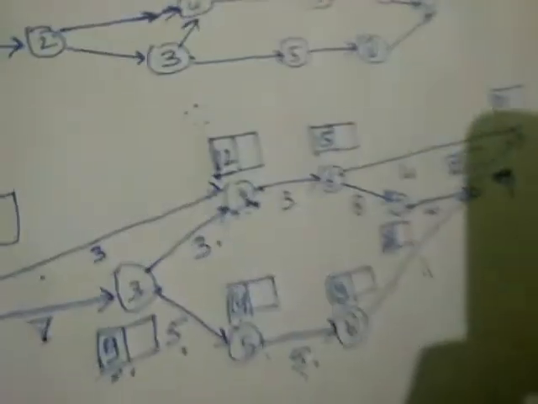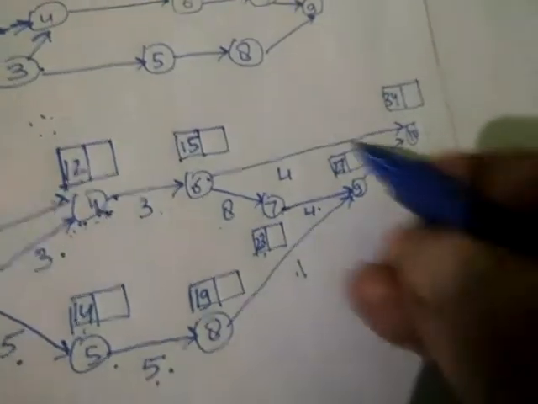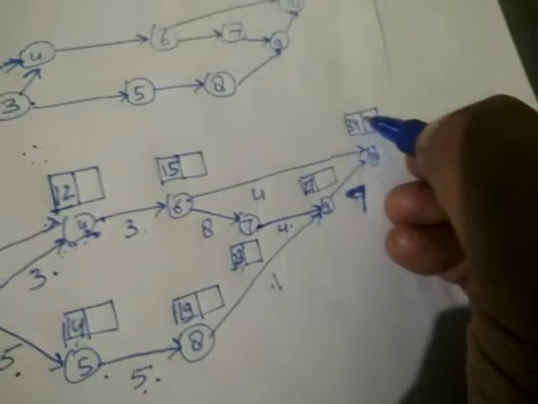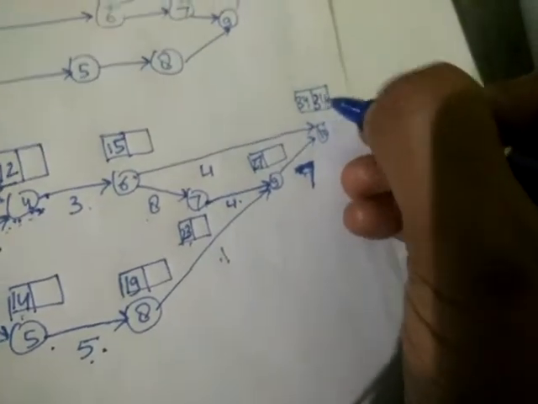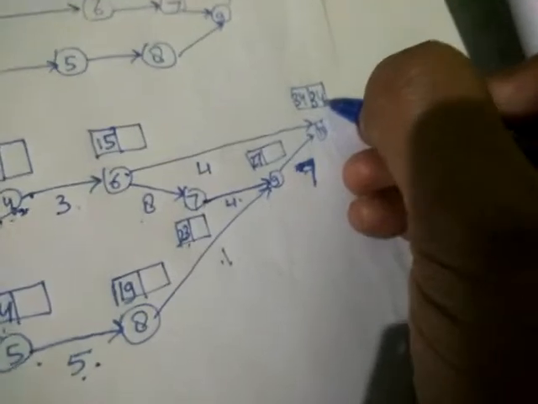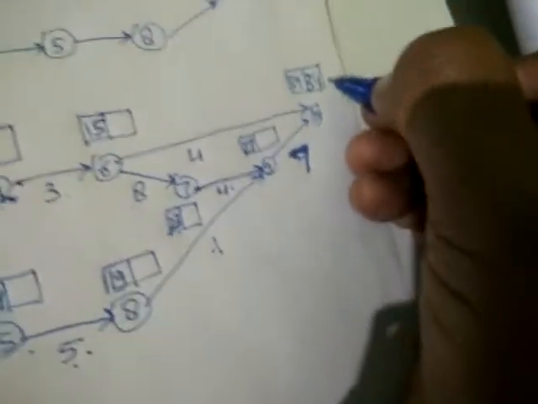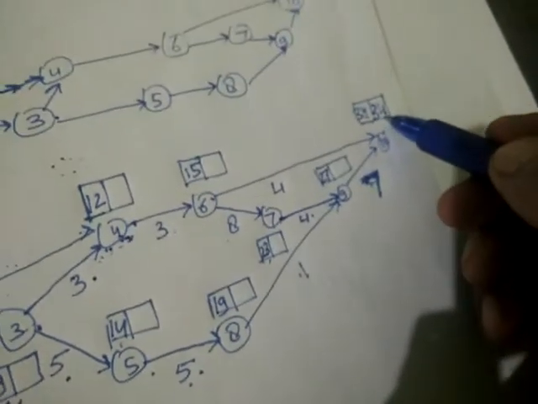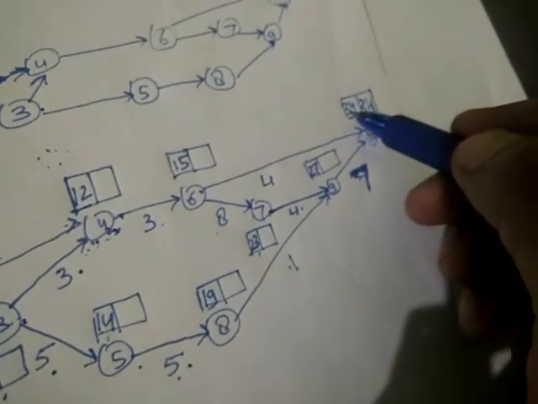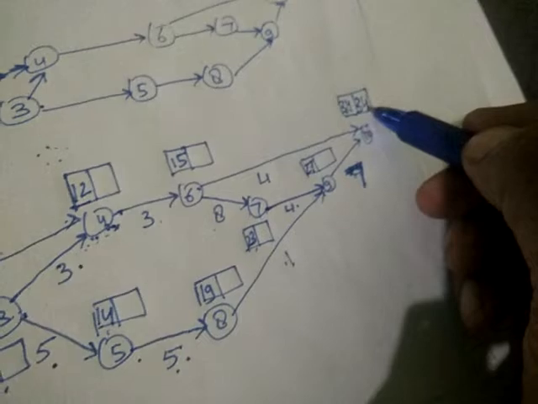In backward pass method, now we will move in backward direction. So first, in the last box, we will write the same number 34, and we will assume that it finishes at 34. 34 and 30, both numbers should be same. You can take this as a thumb rule that in the last event both the numbers are same. So whatever number is written here, we will write the same number here. Now with reference to this number, we will calculate all the latest times.